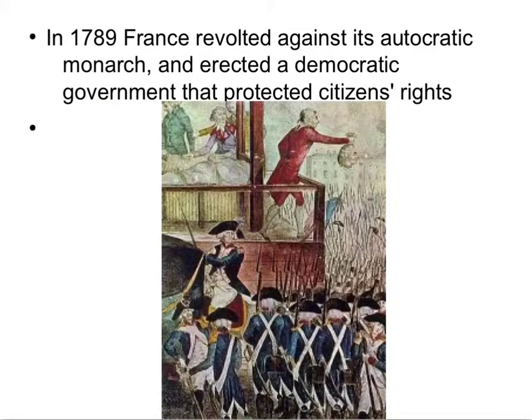But this didn't last. By 1789, and you probably know about the French Revolution, the French monarchy was overthrown, and it was an autocratic monarchy, meaning it was a kind of dictatorship, and in its place a democratic government was set up. It was democratic because it was, in theory at least, and sometimes more and sometimes less, ruled by the people. However,